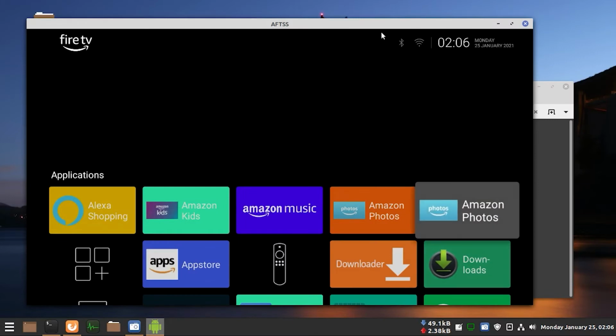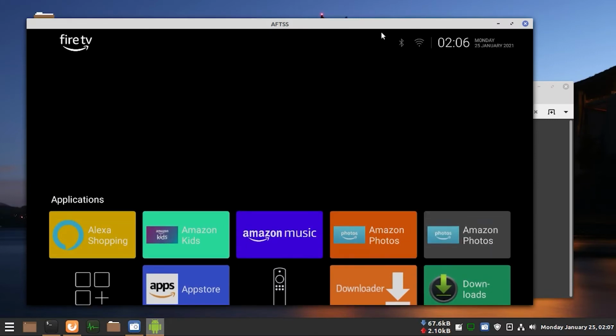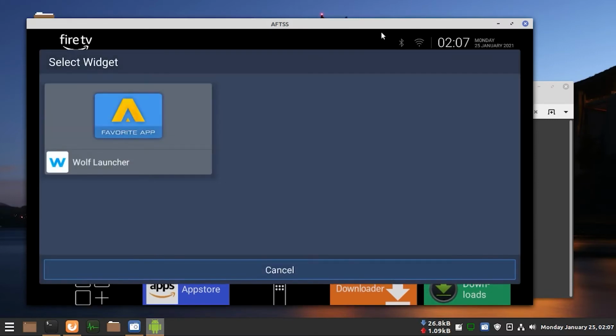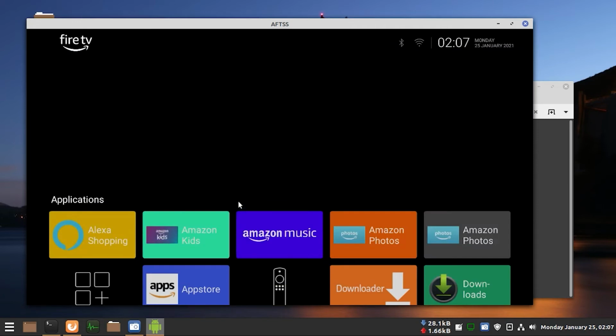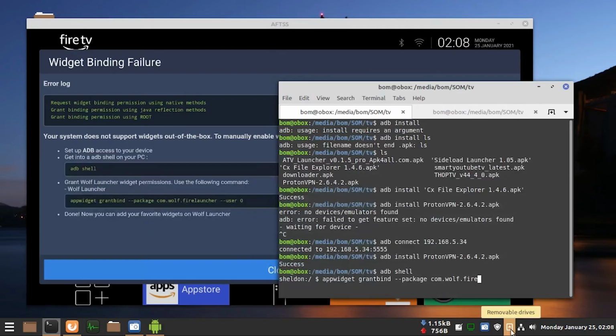So that's how you can install the custom launcher. Now another problem, it does not have inbuilt widgets activated. So again we have to do some commands, or using adb shell we have to enable the widgets. By default widgets are also not allowed or activated via Fire TV OS. So again the command will come when you are going to add any widget.